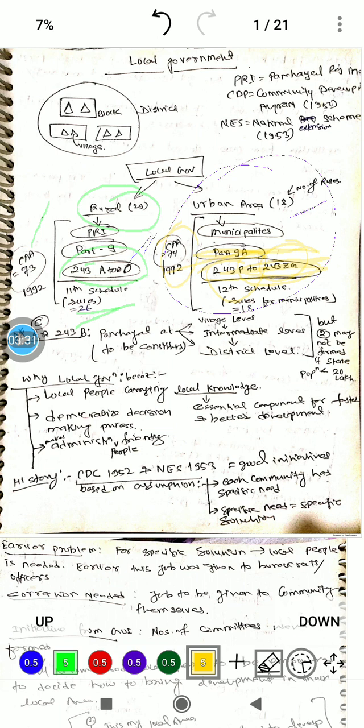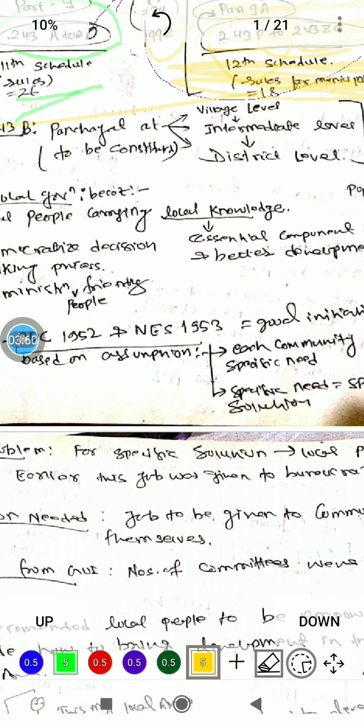And this is also mentioned in the 12th Schedule of India. The 12th Schedule provides for the role of the municipalities, that is, the different subjects on which the administration will be done by the municipalities. These 18 subjects are provided in the 12th Schedule. Okay, so we have seen the local government structure, how in the rural areas and how in the urban areas it is formed. Now let's go for the